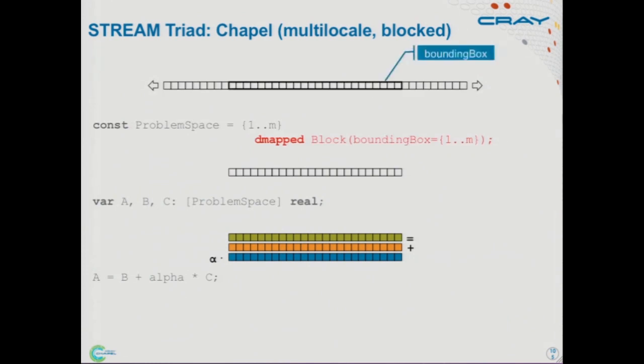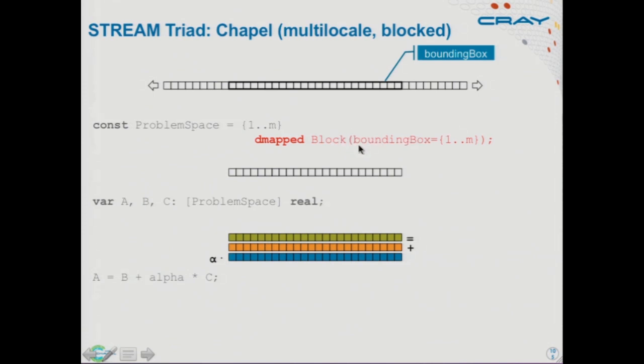So if I want to turn this into a distributed memory code, what I'm going to do is throw a dmapped clause in here. And dmapped takes a constructor for a domain map, and it instantiates a copy of that domain map. And so here what I've done is used one of our most common domain maps, common, I think, in the community, which is called block. And the block domain map is going to say how to take this index set and divide it across the locales. And these domain maps can have arbitrary arguments.